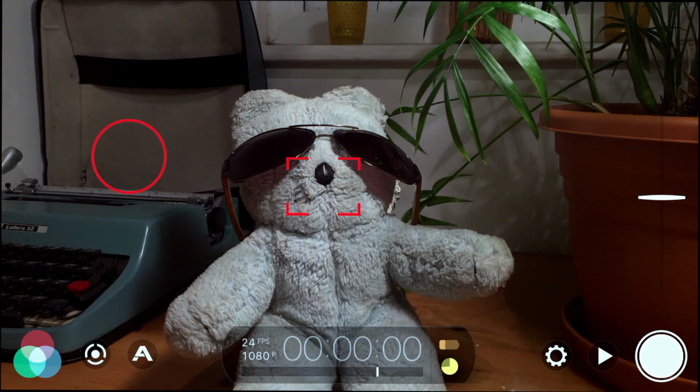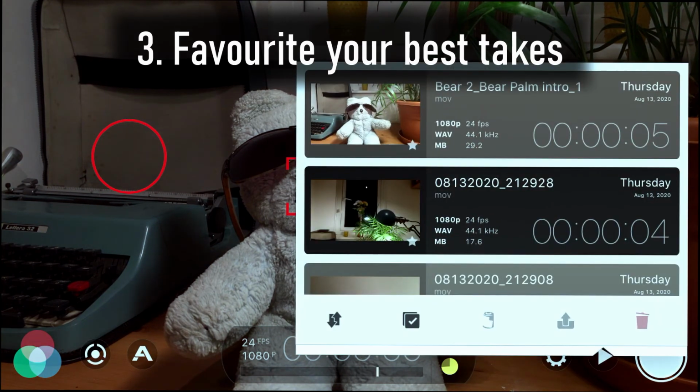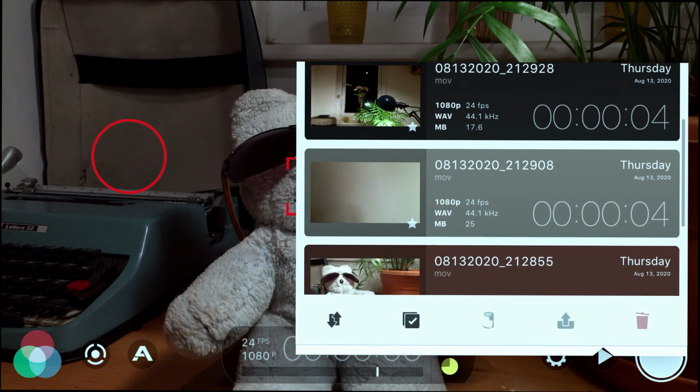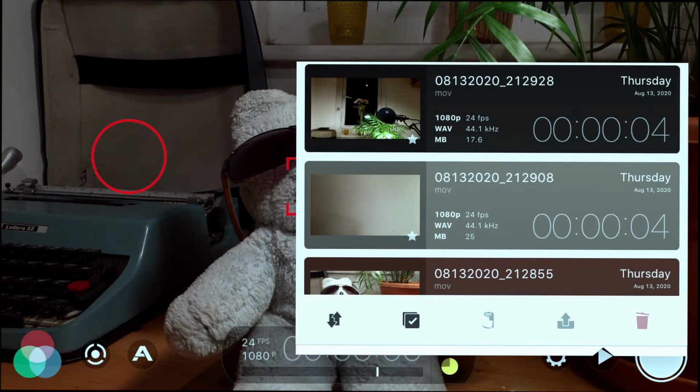Okay, now something else I want to show you is how to favorite shots and takes. So if you've got takes that you know are better than others, or maybe you couldn't use others because of sound, to favorite your best takes, you'll see on the screens here, you've got grey stars on the bottom right of the screenshots. If you tap on those grey stars, they'll turn yellow. That way you can look back at your files and say, okay, so this is what I want to take forward, this is what I want to use in post-production. You know you can ditch other ones, and you just make everything much easier for you when it comes to